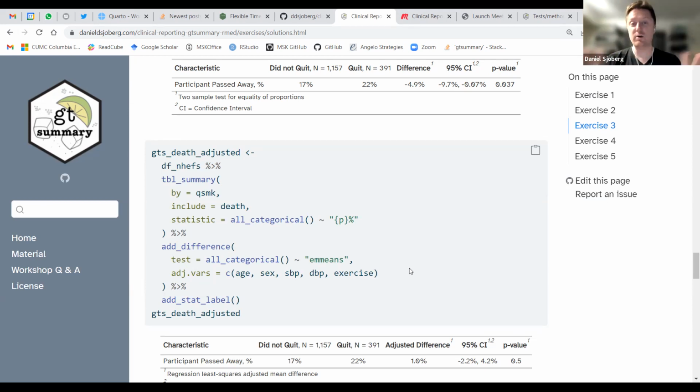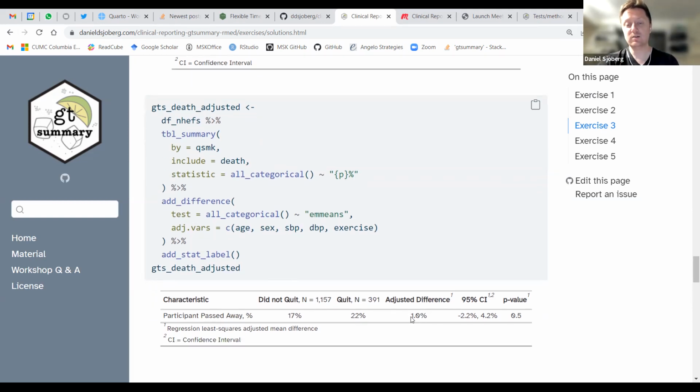So it's building all of this in the background, and you can see this in the help file to show what is actually happening. And then it's going to give you a least squares mean estimator, or the emmeans estimator, of that difference in rates. And that's what we're getting here.